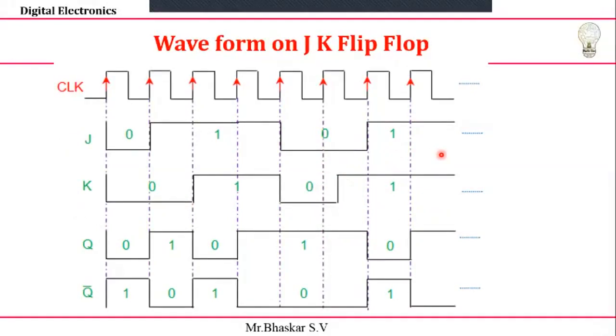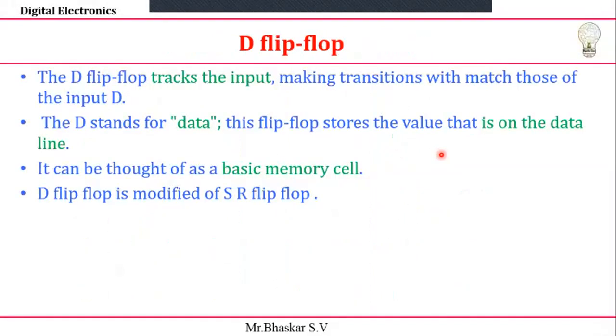Next, we're looking at the D flip-flop. What is the meaning of D? D is nothing but the data flip-flop. The D flip-flop tracks the input. The output does not change; whatever input you give, we get that as the output. We get nothing extra. But why would I use it, sir, if whatever input we give, we get as output? So what is the use? Now, to store as well as just like a buffer, we are going to use our D flip-flop.